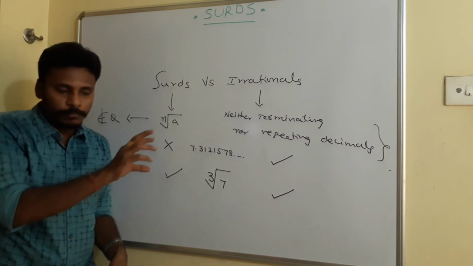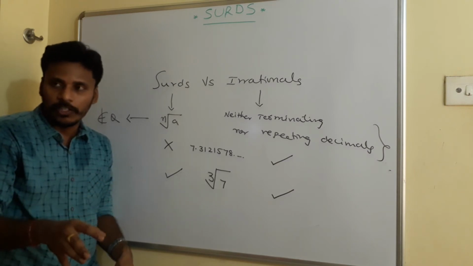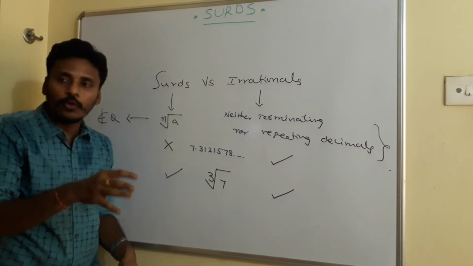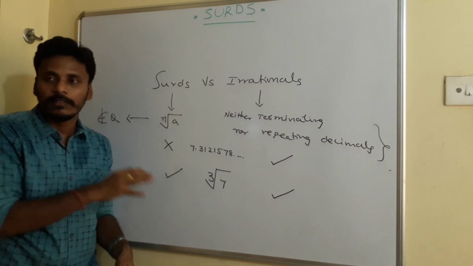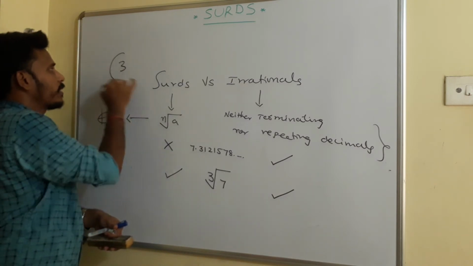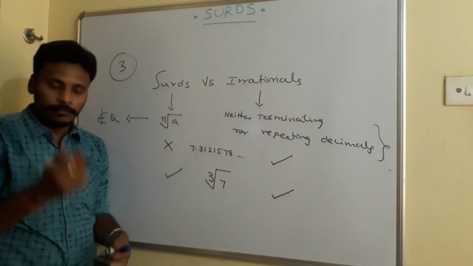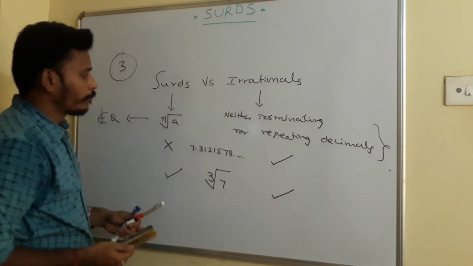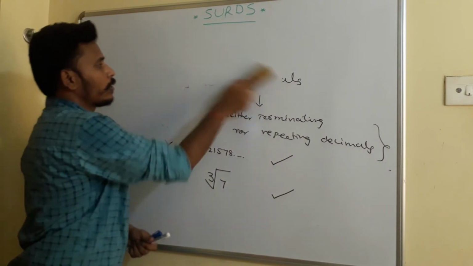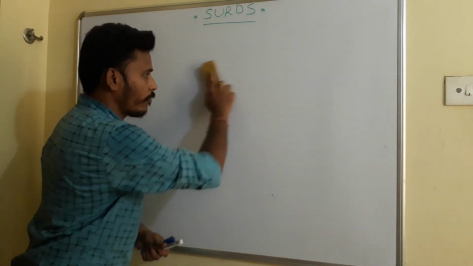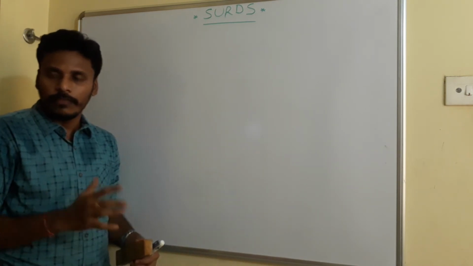Note that point, right? So they may ask you which of the following are surds, which of the following are irrationals. To answer those type of questions, you need to have an idea related to surds and irrational numbers. So this is the thing related to surds and irrational numbers. You just take this point as the third point of surds, and then I move to the fourth one. Just again take a screenshot or take running notes, right? Can I move to the fourth one? See, you are using the sign of raising your hand, right? Meanwhile, you can use the thumb sign also, if everything is okay.